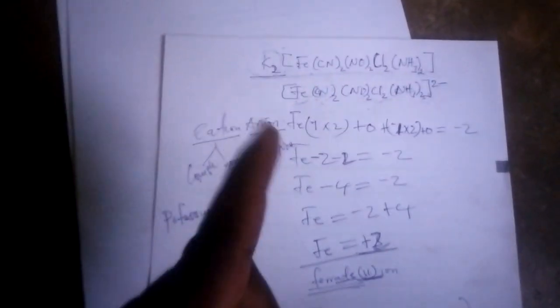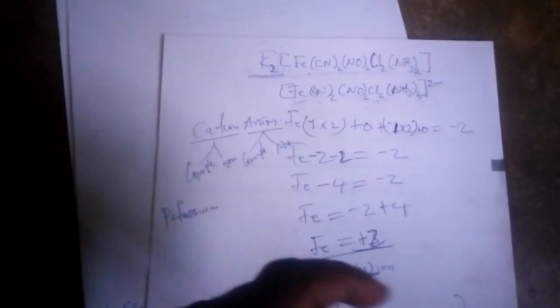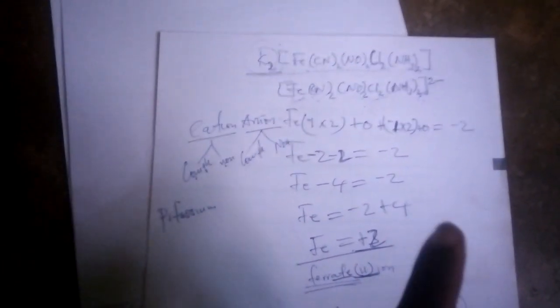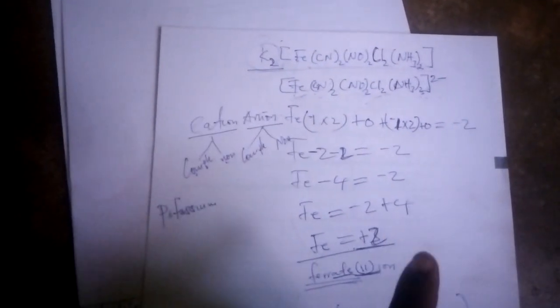So we say it becomes potassium diammine dichloro dicyano nitrosyl ferrate(II) ions. Ferrate(II) ions. These become the name of